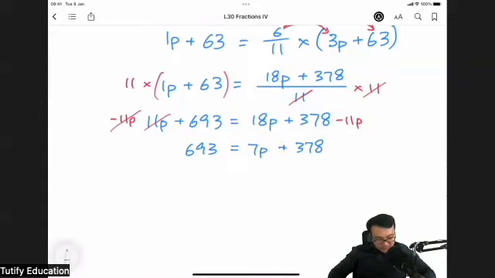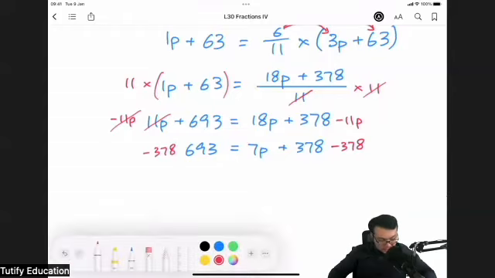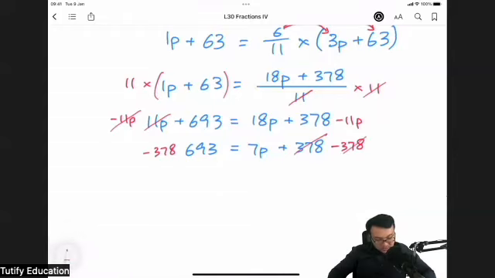Now I want to get rid of the 378. I don't want this 378 here. I only want my 7p, okay? So I need to minus 378 on both sides. So obviously then this will be gone, right? So all I have left is 7p